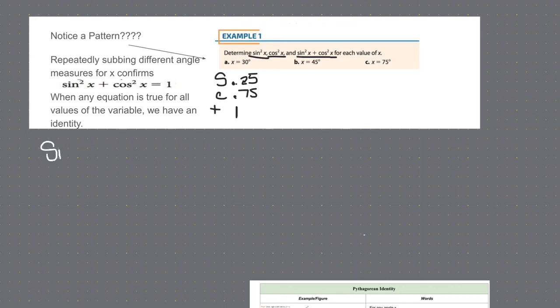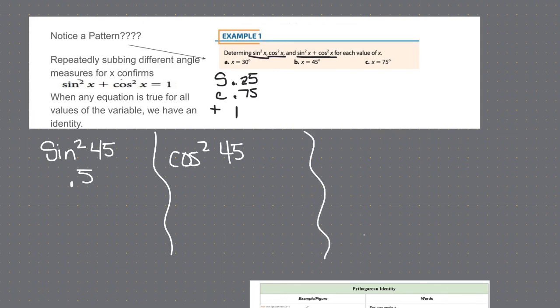Let's look at the sine squared of 45. Again, remember to put it in your calculator like: parentheses, sine 45, close parentheses, squared. Whoa, 0.5. Okay, well, let's try the cosine squared of 45. Now, I guarantee you 99% of you are going to put that in your calculator, but I hope there's a